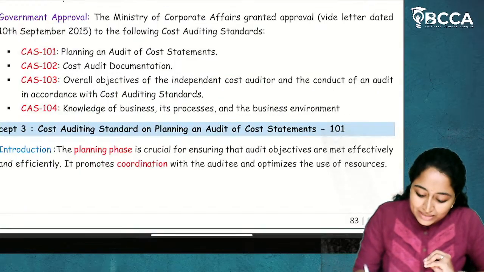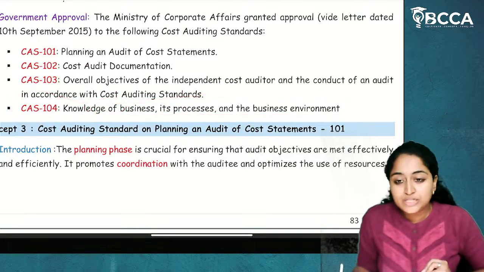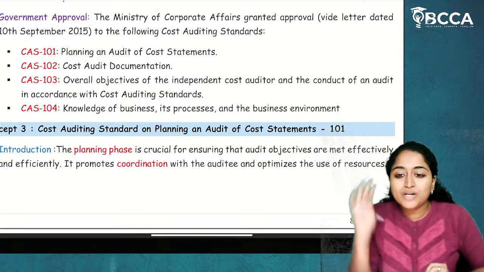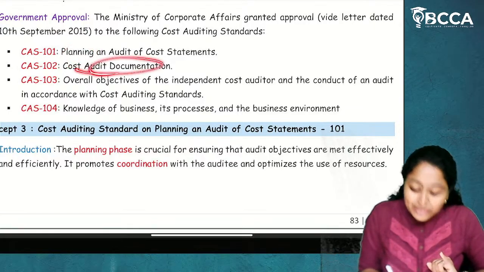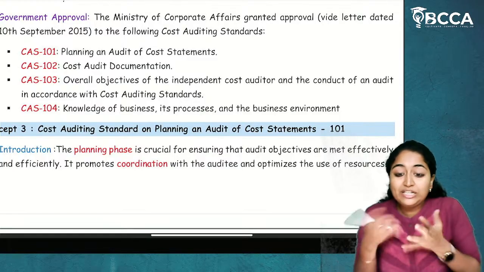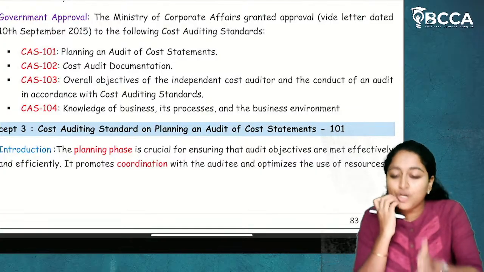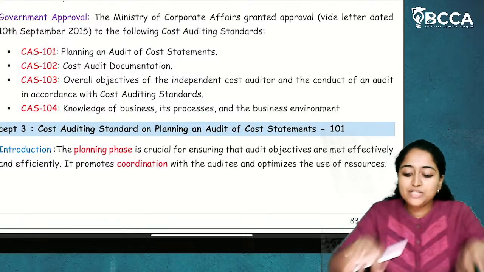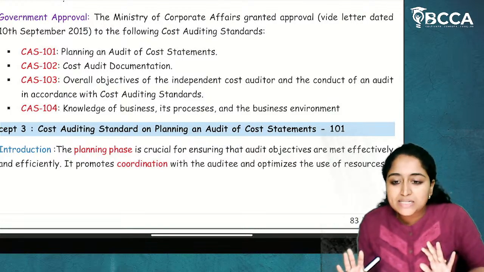So here we can tell that this is from CAS 104. Knowledge of business should be there. Now, planning should be done. Can you do planning without understanding the organization? No. For planning, we need to have an understanding about the organization. To determine documentation, each and every documentation of cost audit will differ with the size and complexity of the entity, with the nature of the business, with how the business relationships are being run. Based on different parameters, the documentation will also differ. So for that also understanding is required.